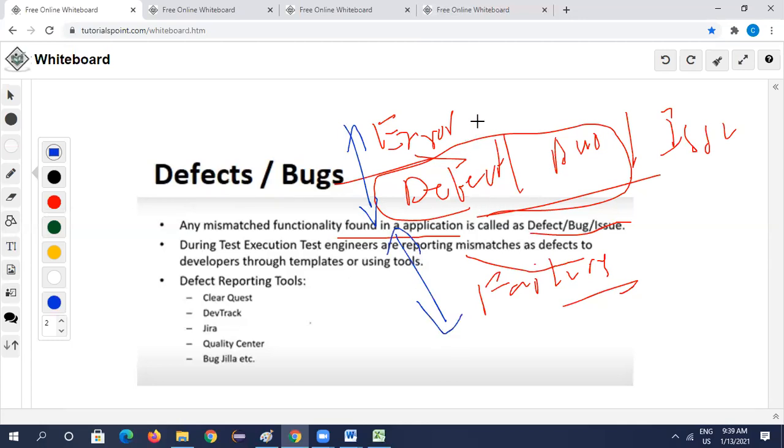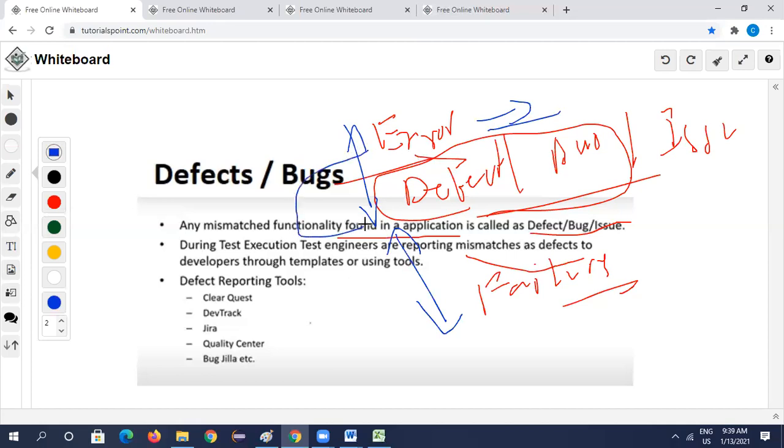Error is a mistake found by a developer at the time of developing. In his program, when he is doing unit testing, he will find some issues. There would be a syntax error, a programming error, something he has missed. The mistakes found by the developer at the time of unit testing are called errors.